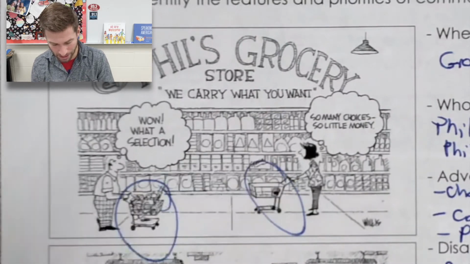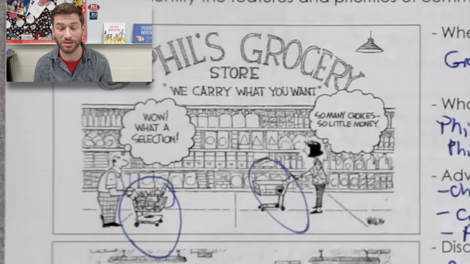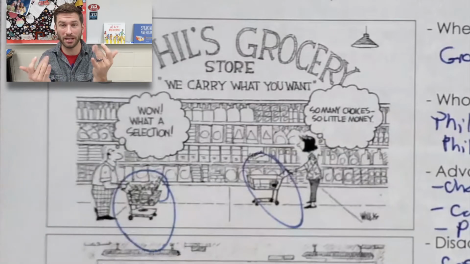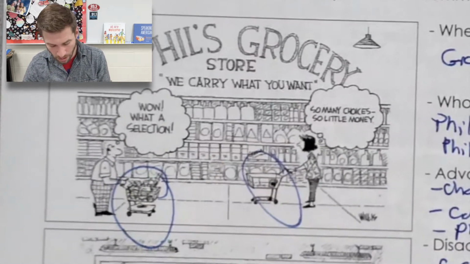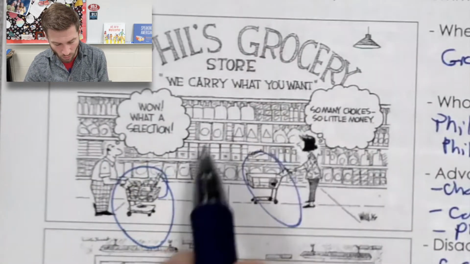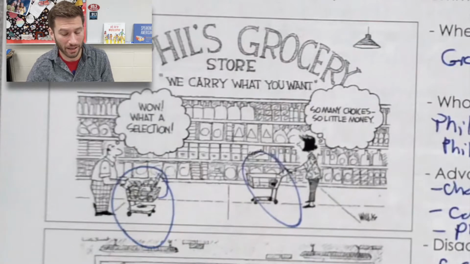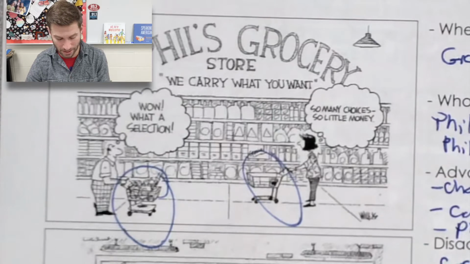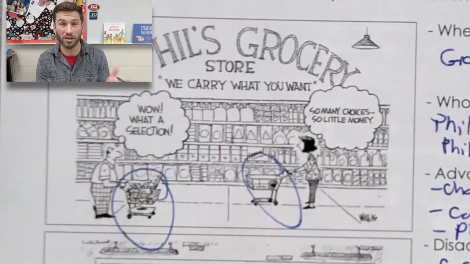Her cart's pretty empty and she's going, it's great that there's all these choices, but I don't have a lot of money and I can't afford all of these things. Unlike this guy here who's like, wow, gimme, gimme, gimme. So your wants, and in this case, the lady, she wants maybe a lot of different things. She's not going to get them. And it's perhaps that her needs might not always be met in this case too, because maybe she needs to decide what she can buy that week and what she can't buy that week.